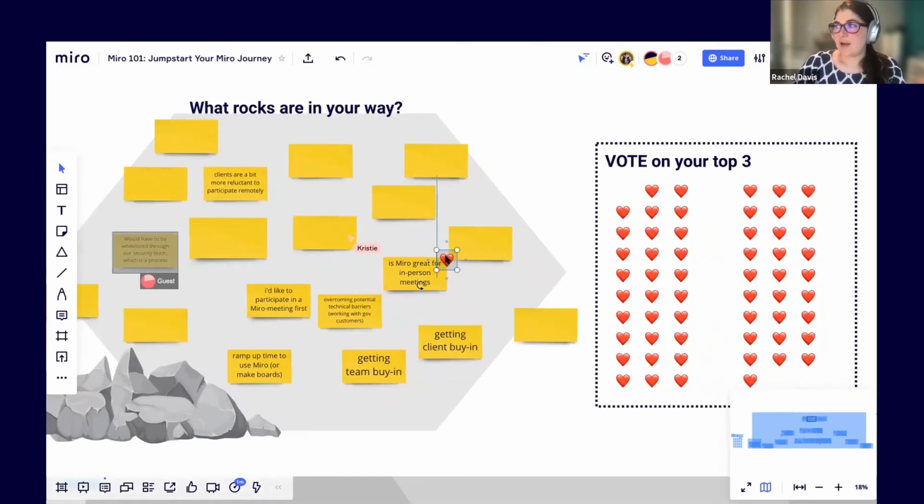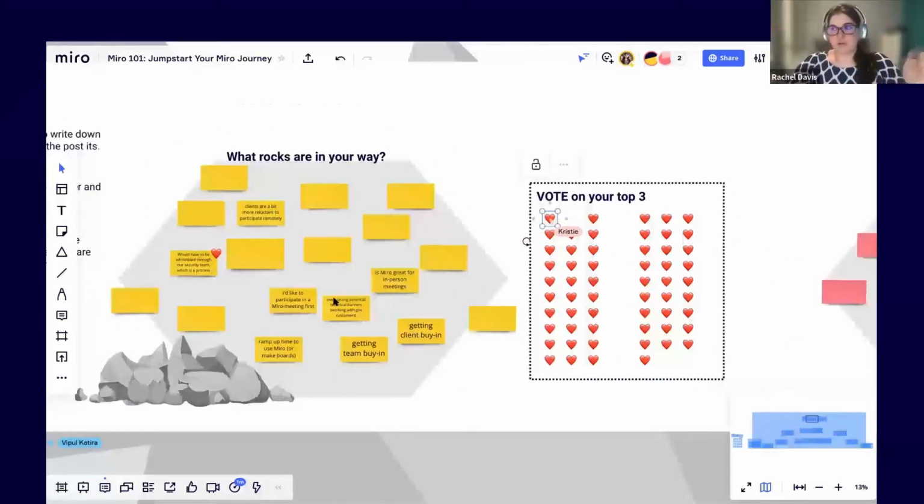And I'll have them drag over the emojis to their top 3 challenges, right? So we can kind of get a consensus. And it gives you also, right, this heat map type thing that you can see at a glance. So that's another way to vote instead of using the internal voting.